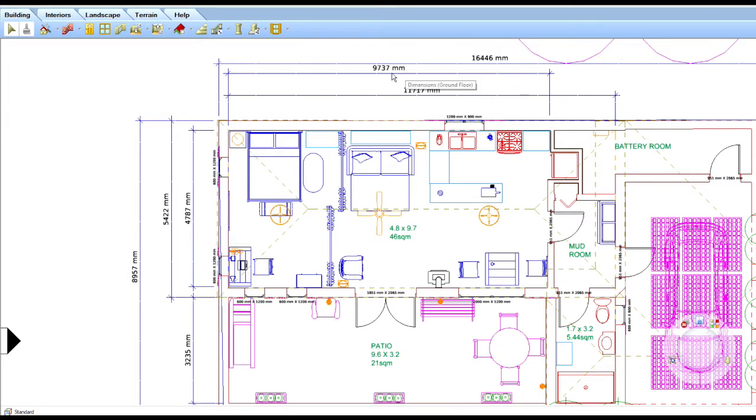If we look at the floor plan then, we're looking at a place which is 4.8 metres by 9.7, 9.8 metres circa. That's the main living area, excluding the bathroom. So the guests would drive in here in the carport. They would walk into the mudroom, take off their dirty boots, maybe get some linen out of the linen closet,